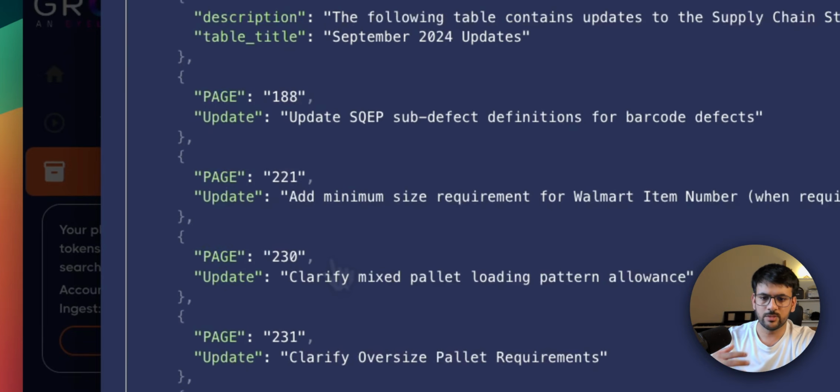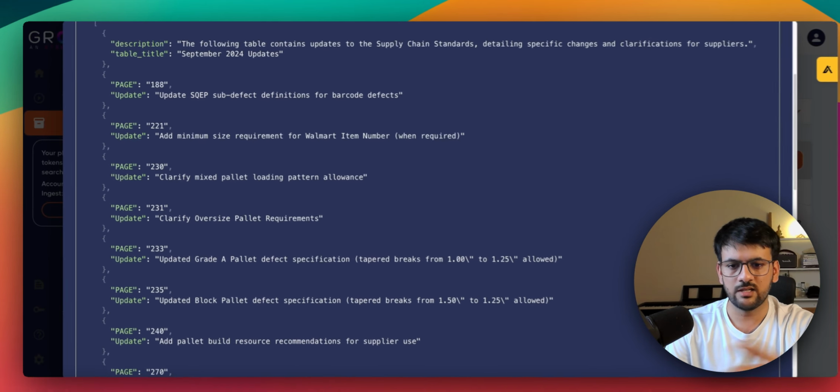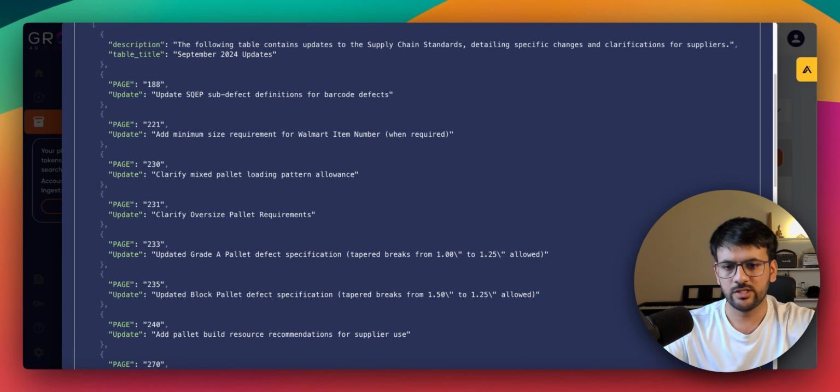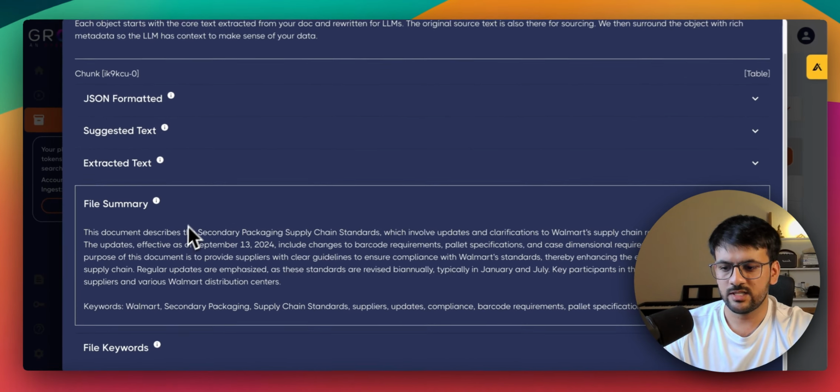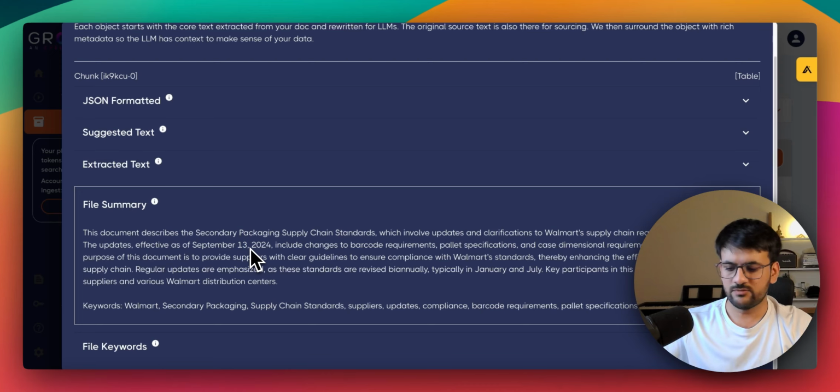And once you have this information in a structured format, it becomes LLM friendly, or you can easily pass it into an AI application that uses LLMs. With each chunk, it also associates a file summary, right? So this file summary is additional metadata that can be really useful when we are trying to do